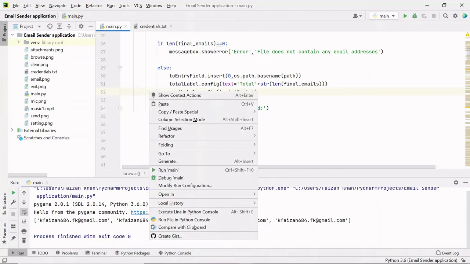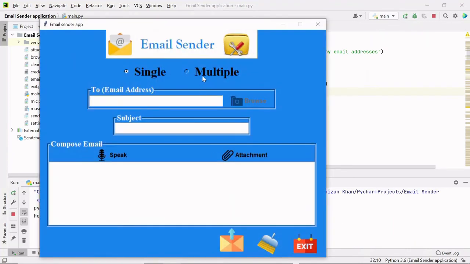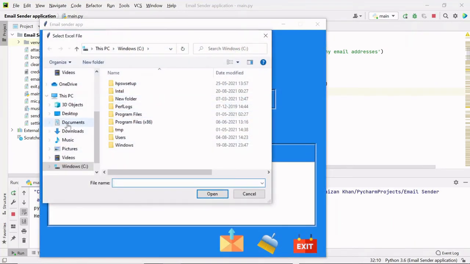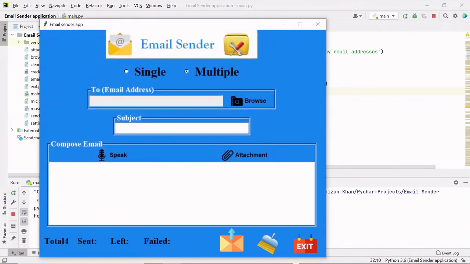So now if I run this code, if I select that Excel file again, you can see we are getting total, sent, left and failed, but we are not getting the file name inside this to email address field, right?